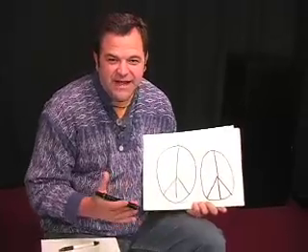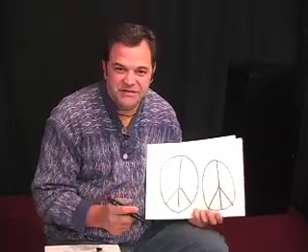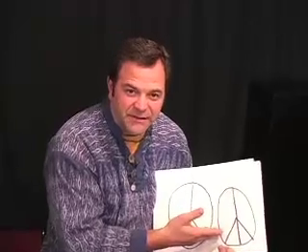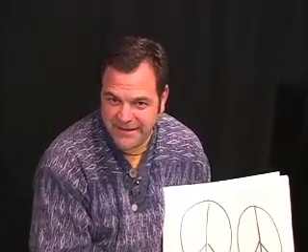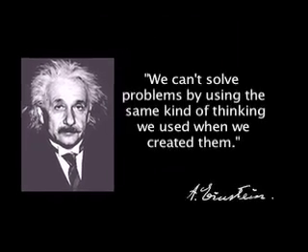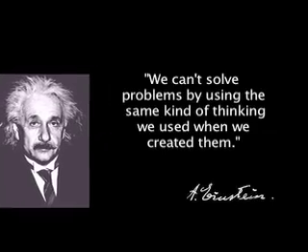So the two peace signs that we use come from the energy of V for victory and nuclear disarmament. And I thought, interesting. And that's when Einstein's quote came to me, that you can't create a solution from the same consciousness that you created the problem from. And so in a similar way, if we created the energy of peace around these ideas of victory and the war is over and nuclear disarmament, perhaps that wasn't the energy we're looking for to create our signs and symbols